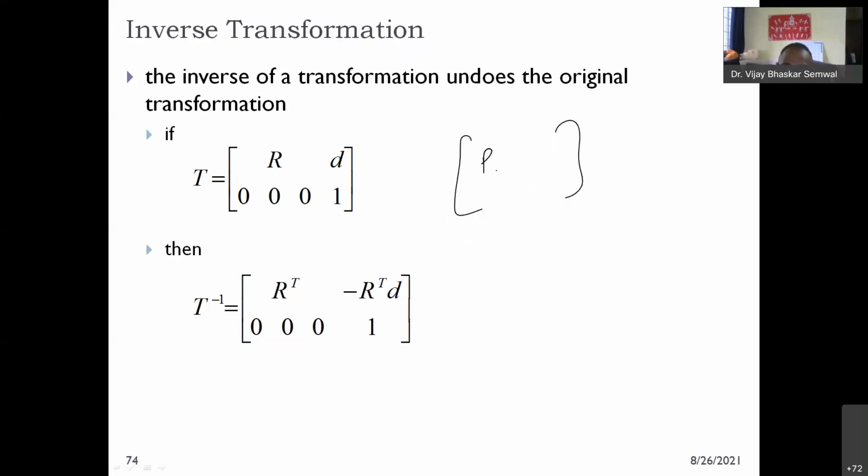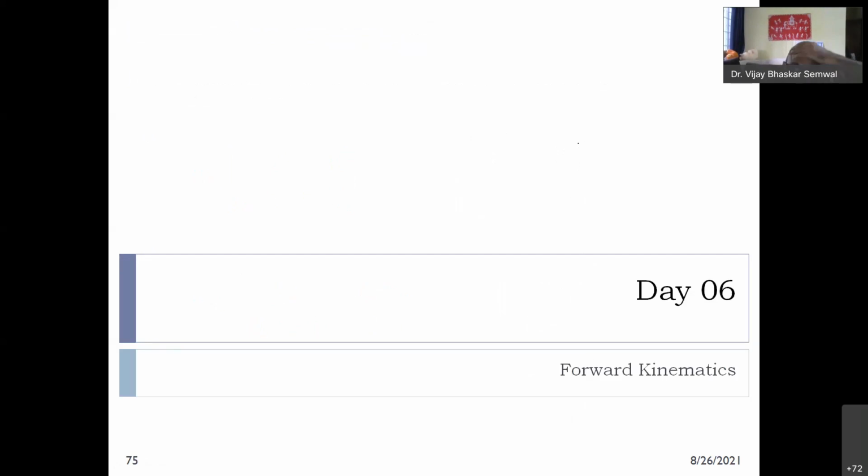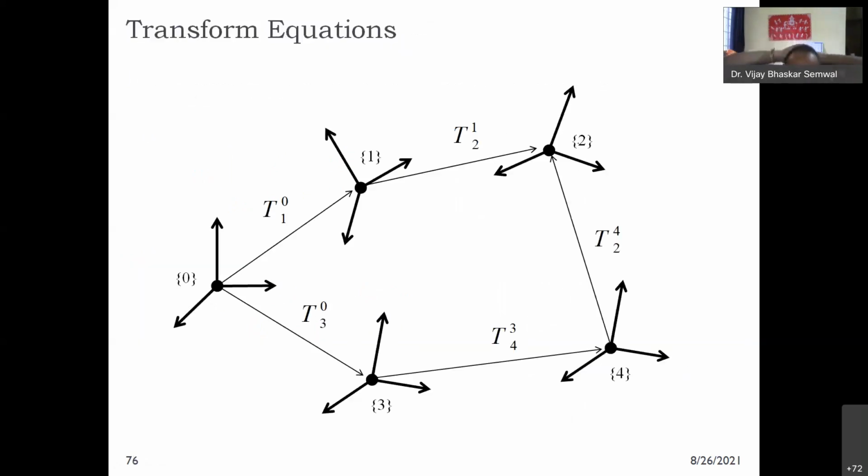So what will be the inverse of the rotation matrix? The transpose. Just change rows into columns: 1 2 3 becomes the column. The bottom row 0 0 0 stays as it is, and 1 stays. The only thing we have to do is multiply the transformed matrix. So calculating the inverse also became easy. Okay? So before concluding with my final remarks, I'm going to check that this is my transformation